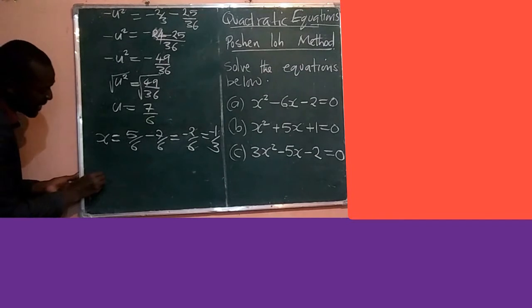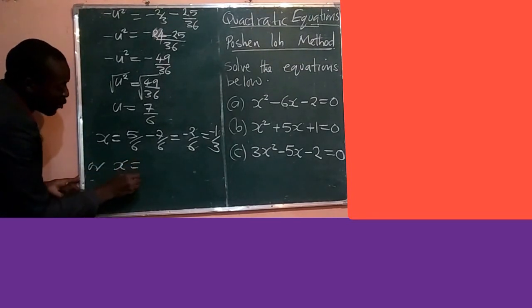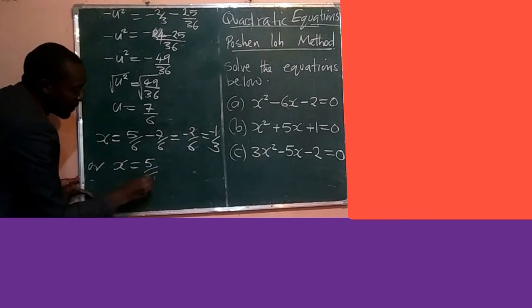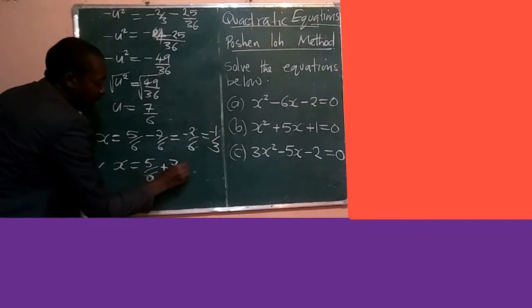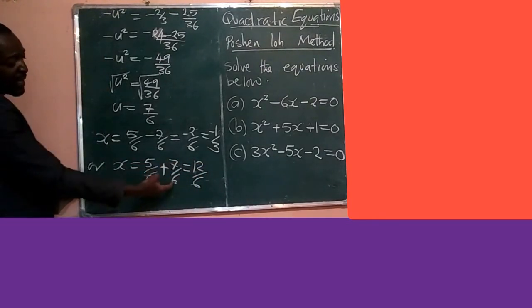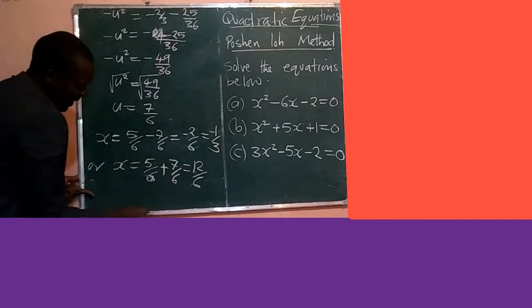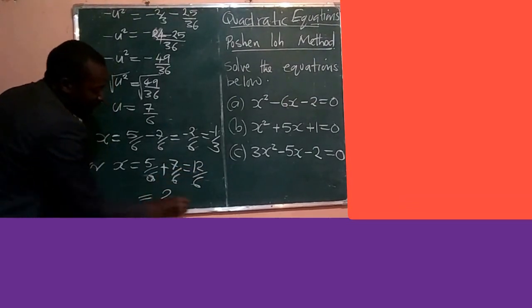And then our second solution is going to be equal to 5 over 6 plus 7 over 6, which will give us 12 over 6 when we add these two, because the denominator is common. And then here we can simplify. 6 can go into 12 two times. And so this is where we